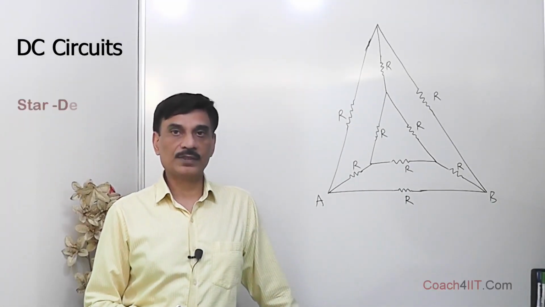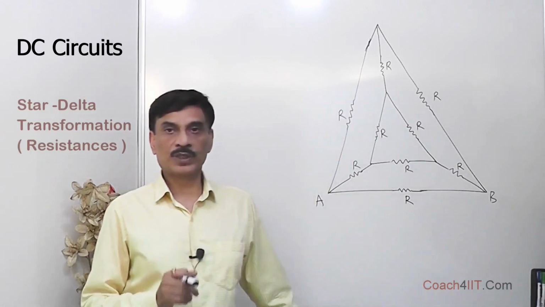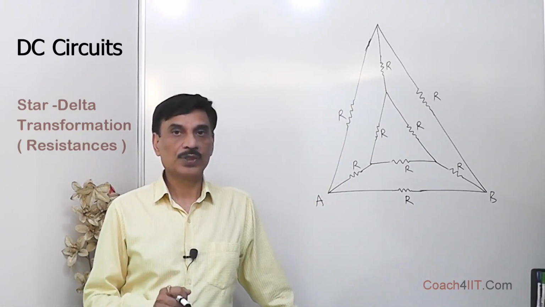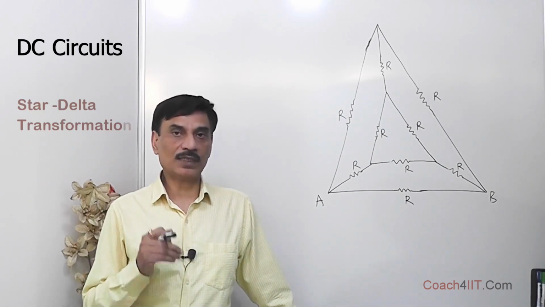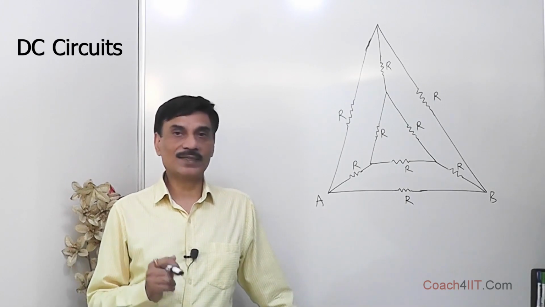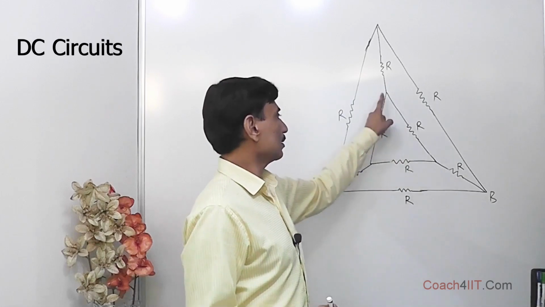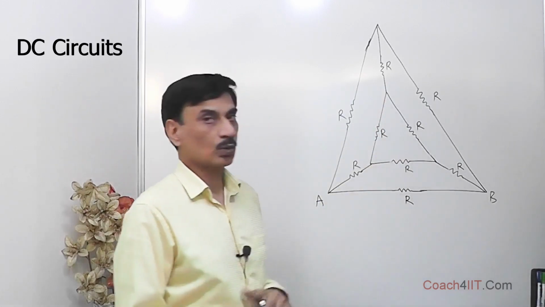Now let's find the equivalent resistance between A and B using star delta transformations. Though it can be solved using the method of symmetry also, right now we are more interested in applying star delta conversions. So here we see that this is a small triangle with each side resistance equal to R,